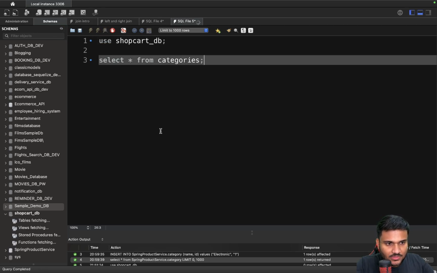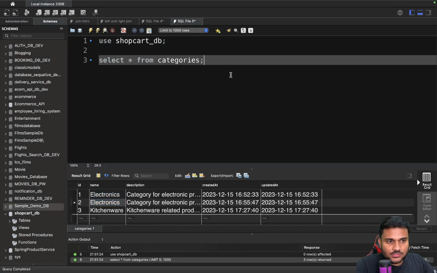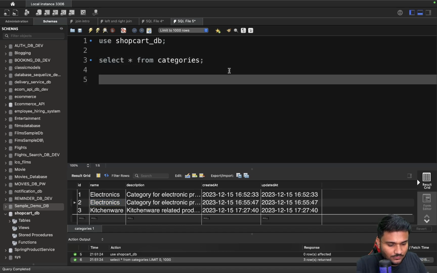If you run it, now you must be able to see that we are having multiple categories of the same name. Technically, we should not allow that. We should not allow multiple categories to have the same name, right? So how can we handle that? First of all, we can say